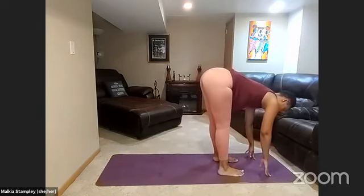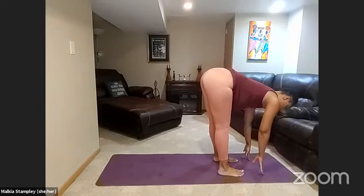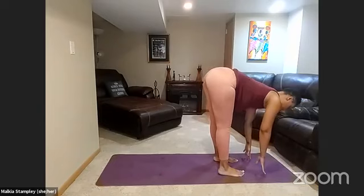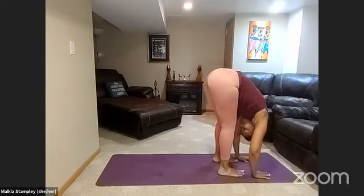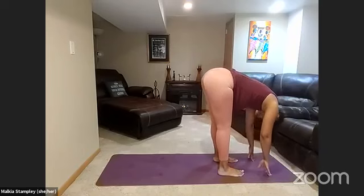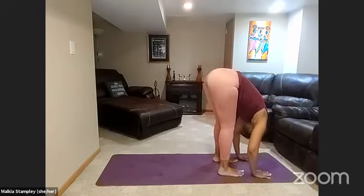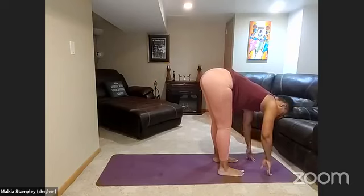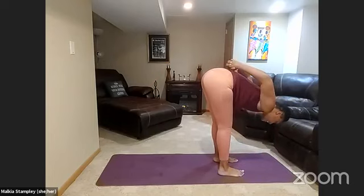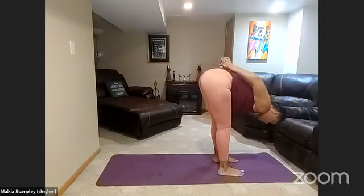Inhale, flat back, fingertips reaching down, shoulders back. Weight coming towards the balls of the feet. Exhale, fold. Inhale. And exhale, fold. One more, inhale. And as you exhale, let's connect the hands, interlacing the fingers, and let's draw that fist down